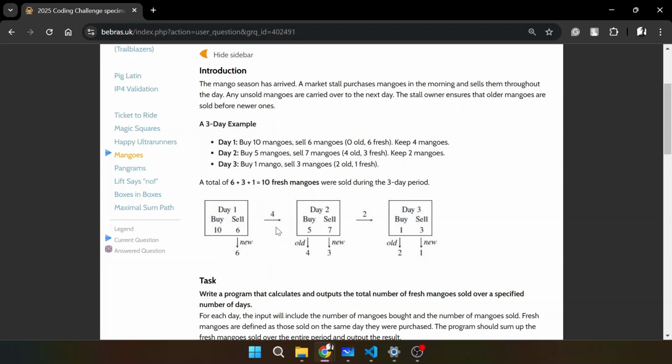But there are some unsold mangoes from day 1. Here the number is 4, that will be carried over to the next day, which is day 2. For day 2, we have 5 mangoes bought and 7 mangoes sold. And among these 7 mangoes, first the seller will ensure that 4 old mangoes are sold, and the remaining 3 will be taken from the fresh ones. So for day 2, we have 3 fresh mangoes. So how many mangoes will be carried over to the next day? 5 minus 3, which is